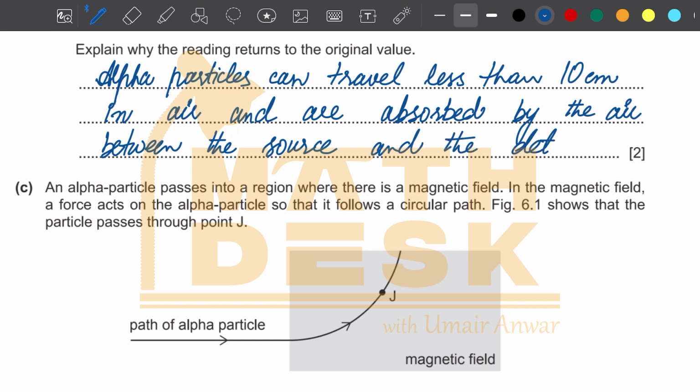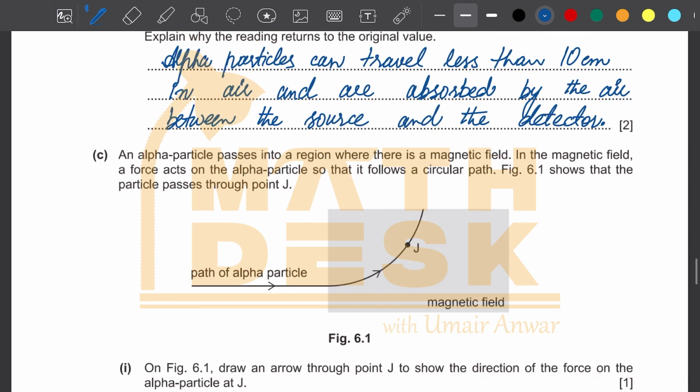So since the distance is too large, the alpha particles are absorbed by the air during this